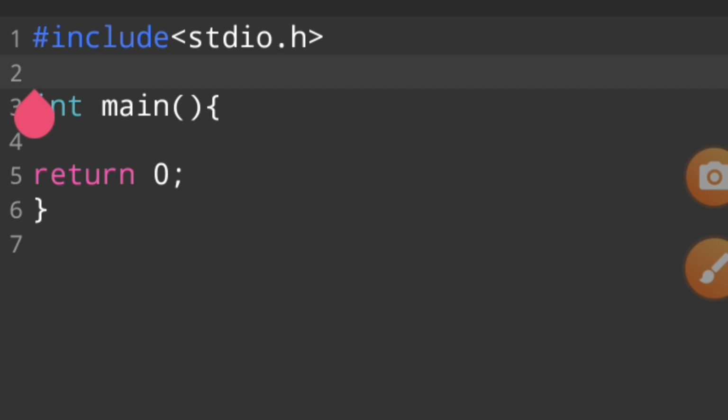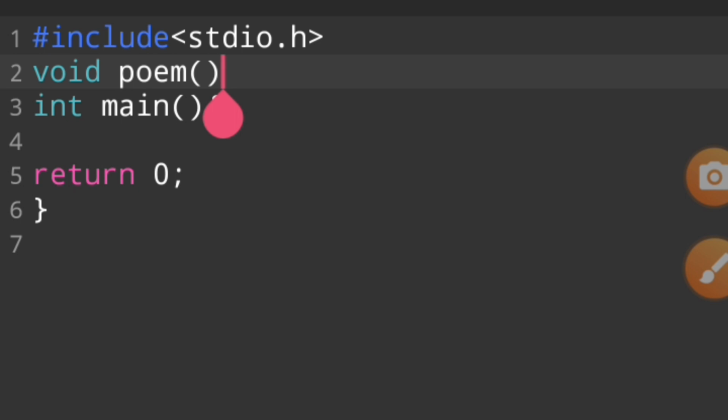And then first of all we use a function declaration, or function prototype, in this area. For example, we make a function void pom. The name of my function is pom.